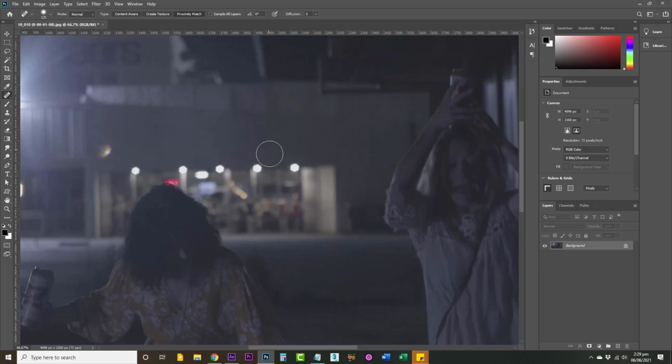Let's take the clone stamp tool and check the brush settings from here and then change the opacity of the brush from here. And take the sample from here and start painting on the problematic areas to make it more seamless. Reduce the opacity even more. Keep doing it until it's a complete seamless removal. Okay, nice. Now take the select and move tool. Save the file